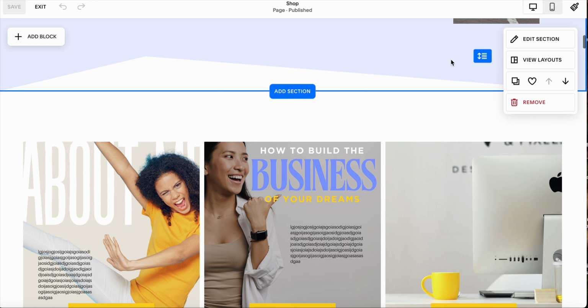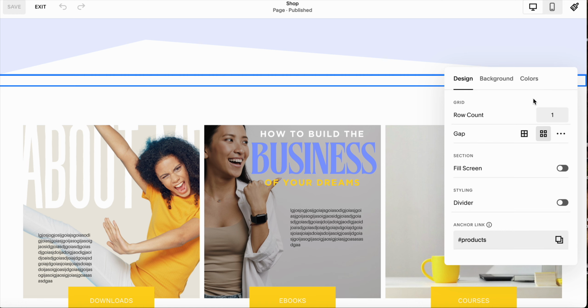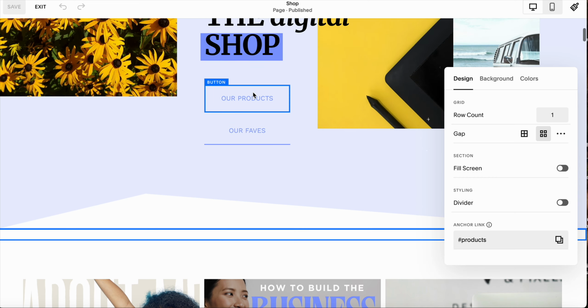So how we want to make sure that these buttons are connected, we go to this section. This is actually a kind of new Squarespace feature, so it's really cool. We used to have to add in custom code and links to make a page jump, they call it, like this. So for now, what we do, go to this section, edit section, and actually in this first page that opens in the design, you'll type in whatever you want to be your anchor link, it's called. So you just type in whatever you want, hashtag, we had it as products, and then you can easily copy the link, link copied, and then go back to your button,